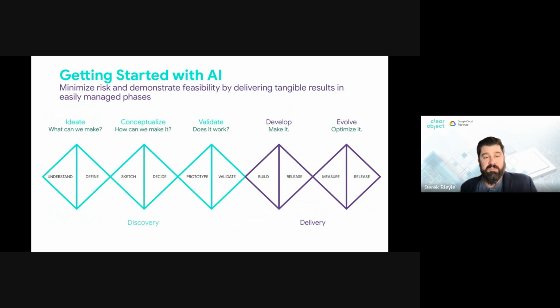Working with ClearObject and our customers, we really do like to focus a lot in that early discovery process to make sure that we really can understand what it is that you want, what are the values, make sure we have exhaustively understood what the potential solutions are, and, working with you, conceptualize a little bit about what this looks like. Jeremy mentioned, right? Less coding, more about the AI UX. But ultimately, how are you going to use these inferences? When I start to get these inferences, how do I know what to do? How prescriptive are they going to be? When it's GenAI, how much does it reference back to given information, right? All of this is important, and you conceptualize and think about it as you get started.